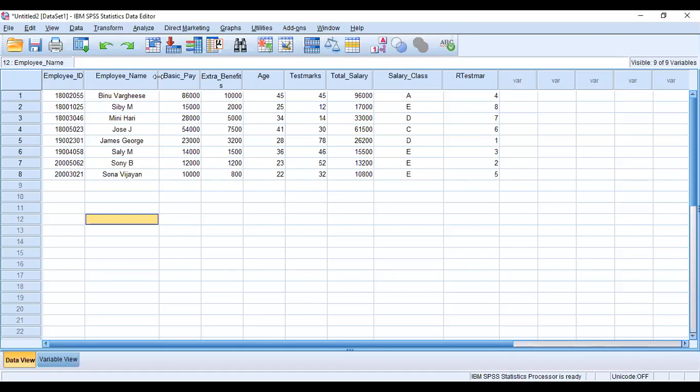So if we need to enter the date of birth of these employees, we need to add one more variable.